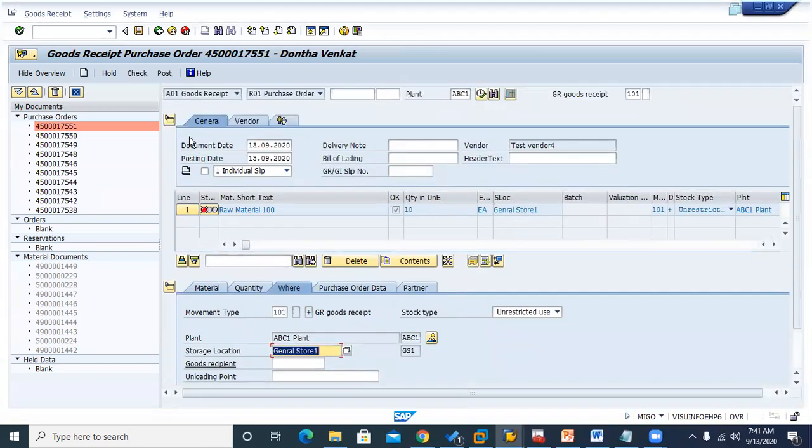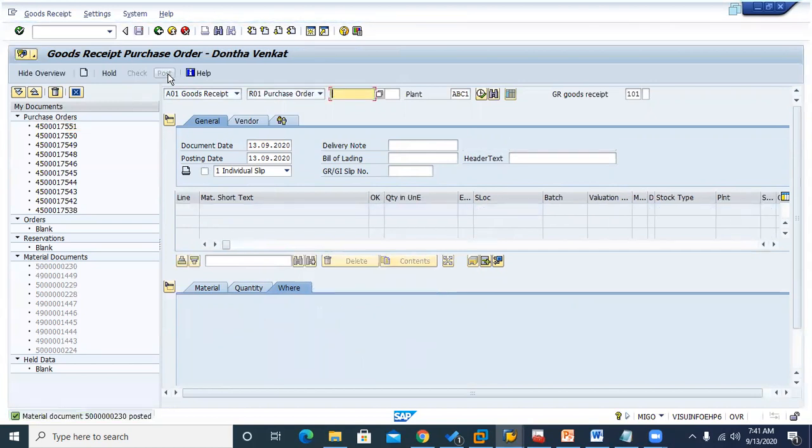That's the reason it's asking us to enter the storage location here. So now it has turned green, so there are no issues. We can post the MIGO document. So some mechanism already happened in the background. That is the reason this transaction is already posted. It is posted, meaning the material quantities as well as the material values are posted.